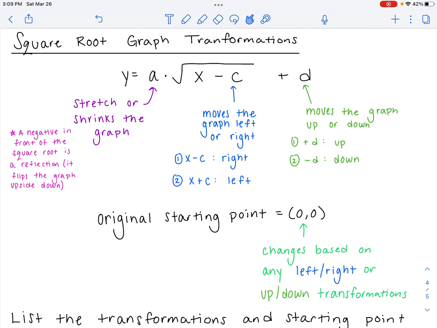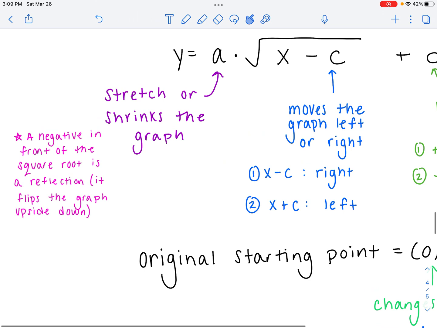So we have some basic graph transformations, and we're going to talk about them in terms of square root graphs. I have three different letters in here, A, C, and D, that represent three of the basic graph transformations that we can do. And the A value always sits in front of the square root symbol. What A does is called our vertical stretch or shrink. So it's going to either stretch the graph, make it taller, or shrink the graph, make it smaller, based on